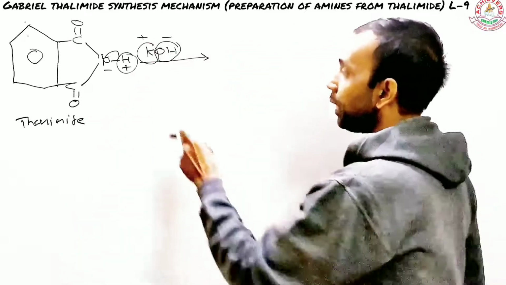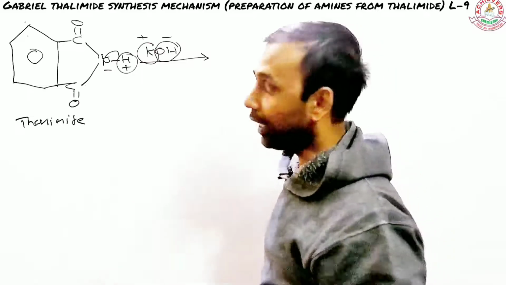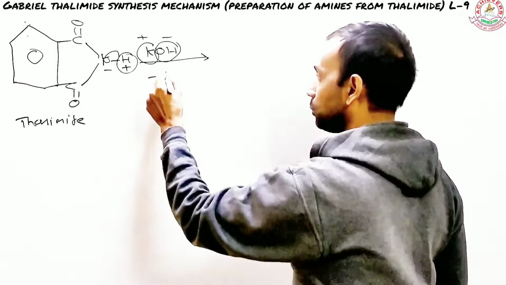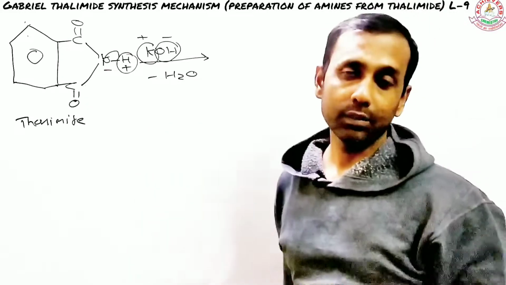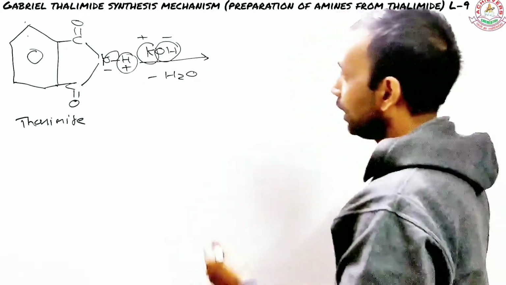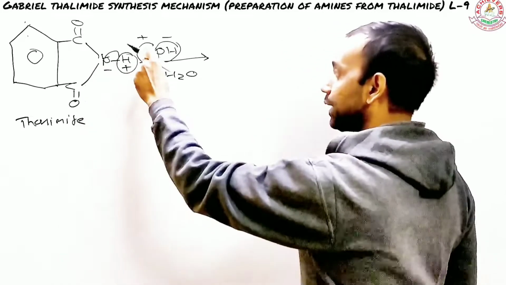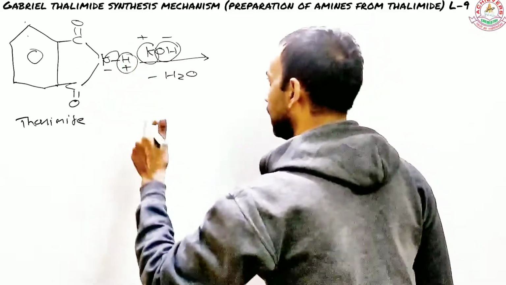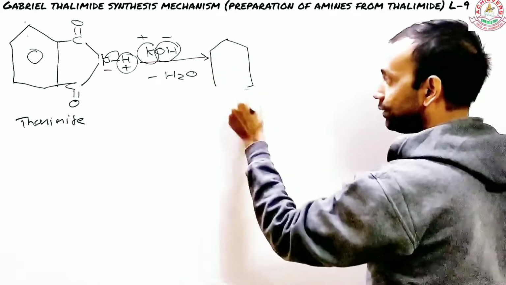So I will let the OH interact with H plus, because this is quite natural. Why? Because one is quite basic and the other quite acidic. So they form a water molecule. So the first byproduct that comes out is water, due to the interaction between OH and H plus. Now what you see is that O has a negative charge and K has a positive charge. So K will take the place of the hydrogen. So you get your first development.